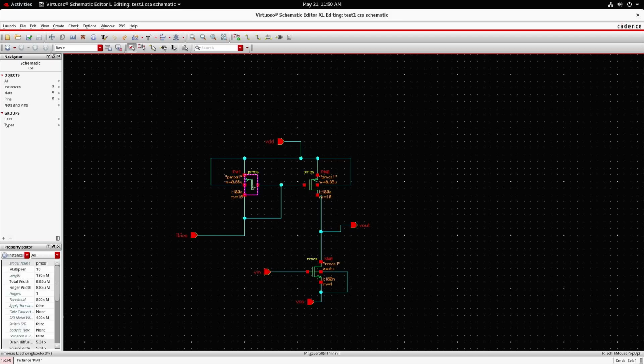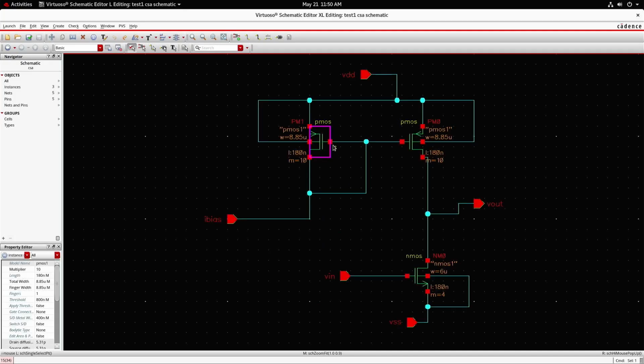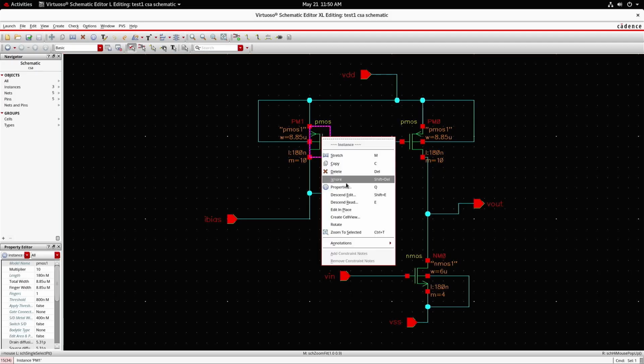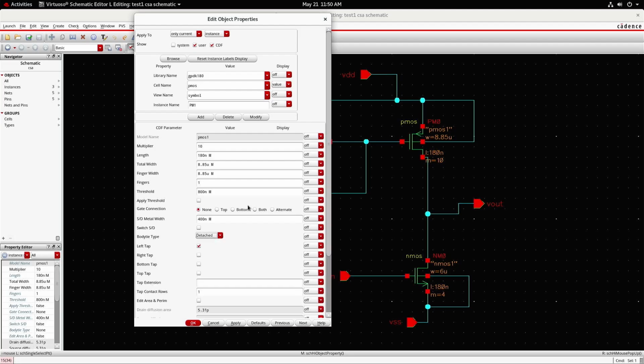For that, as it is a multiplier against the fingers used in inverter, I am going to take the properties, click on this properties, go to the body type, select as detached. That is, body will be detached from source, and as can be seen in the diagram, body should be connected to VDD, and as I am detaching it, as 10 multipliers are there, I am going to take detached body, which is to be kept at the top. Tap should be top, and disable this left, then say OK.